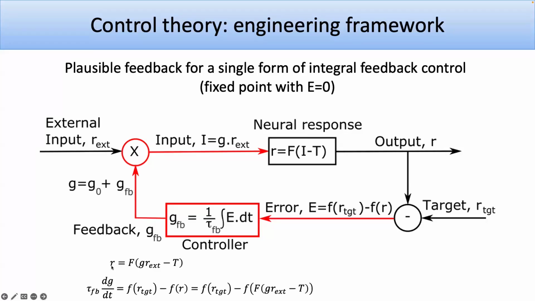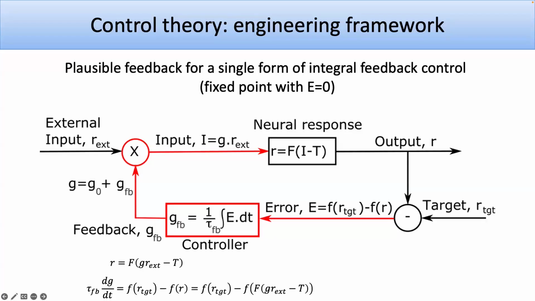We've got the firing rate of a cell. It's some function of its inputs coming in at a rate, the input conductance, which is basically scaling the inputs, and here I just have minus the threshold in this simple model. So if you increase the threshold, even given the same inputs, it's harder to spike. And what the controller is doing in this case is just controlling the gain.